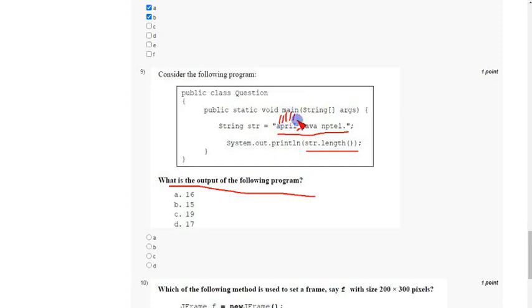So sixth one, 7, 8, 9, 10, and again the space, 11, 12, 13, 14, 15, 16, and also the dot, 17. So the total is 17. Mark option D, 17, as the correct answer for the ninth question.